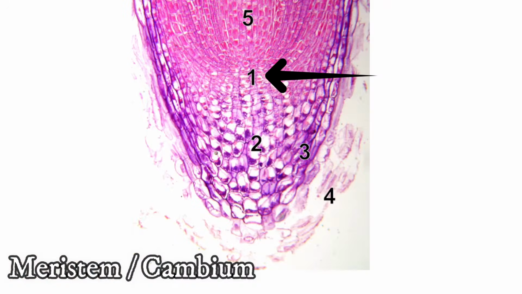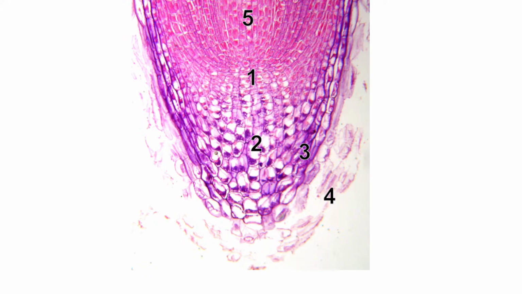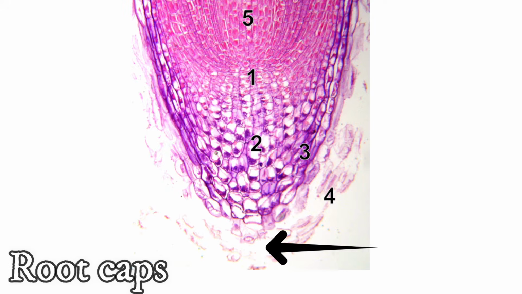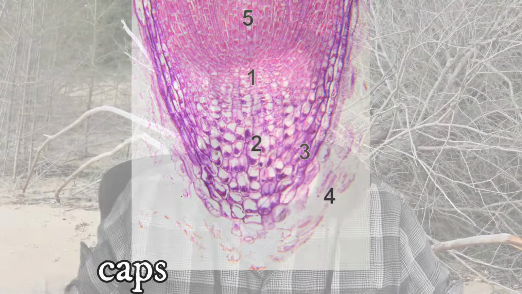Next, what are roots made of? How do they grow? Well, roots can be woody or non-woody, and there are several tissues and parts in these root systems. So one special tissue is called meristem or cambium, which helps the roots to grow in girth and out from the tips of the roots. Also, roots have a special group of cells at the tips called root caps. Now, these root caps have cells that are constantly falling off in order to protect the rest of the root as it grows and pushes through the soil.